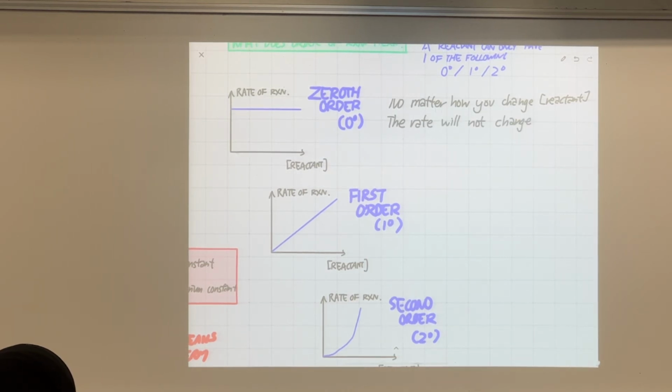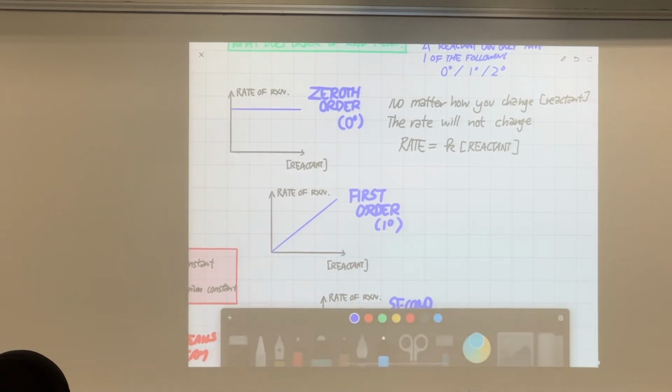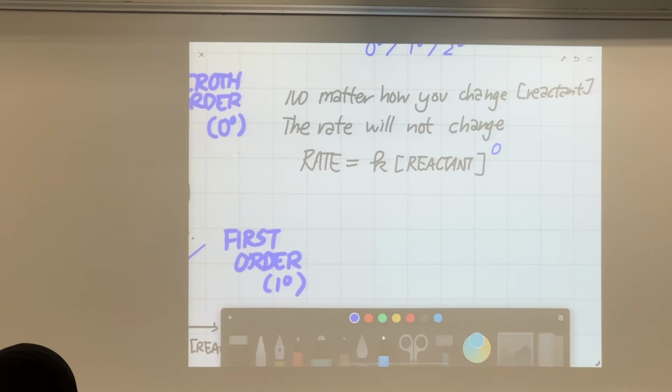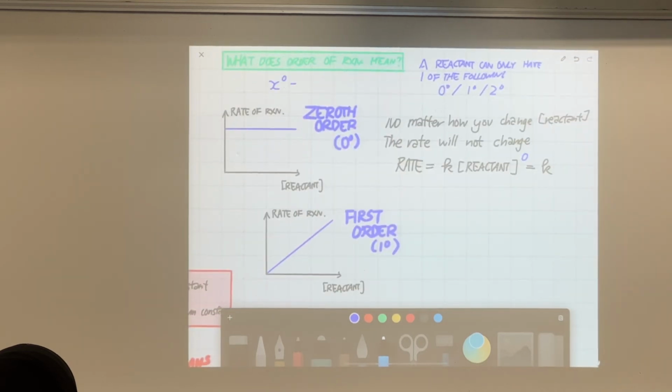So for this particular reaction, the rate equation becomes rate equals k, concentration of reactant to the power of 0. Can you tell me what happens when you raise a number to a power of 0 in math? It becomes 1. So the whole term is gone, and it will become just k. Put down something you learned in math: recall that x to the power of 0 means 1. So 1 times k would just be k.